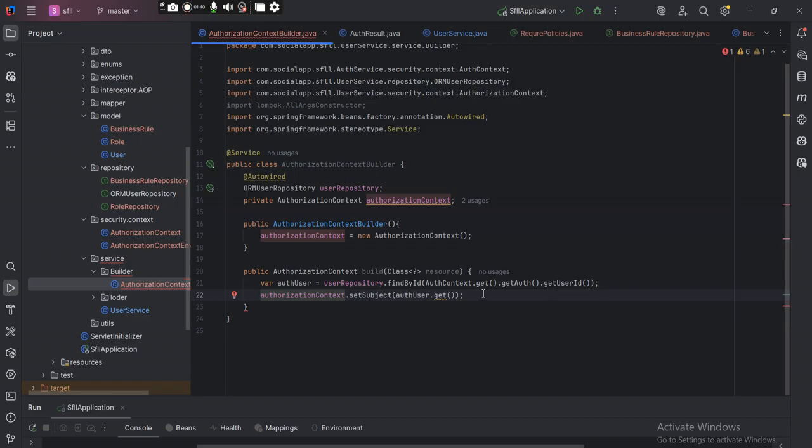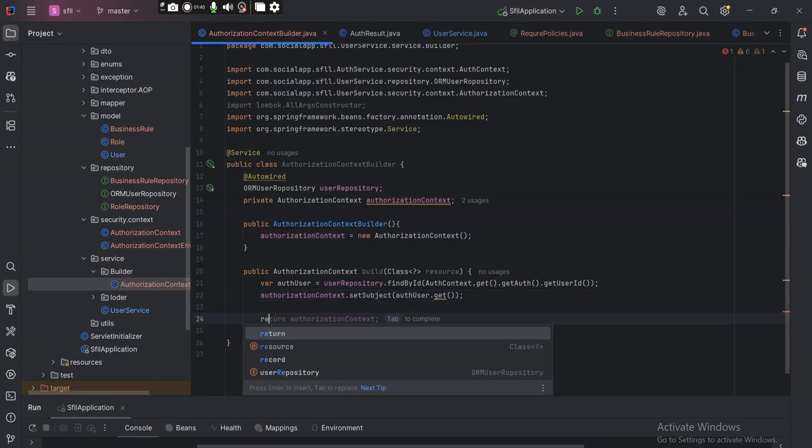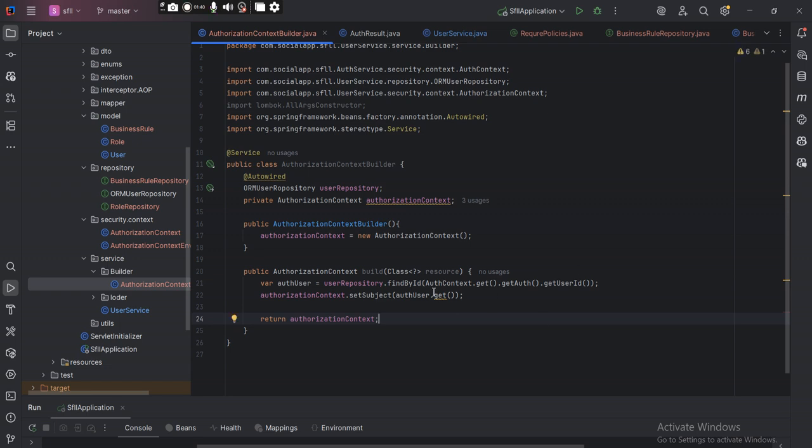Oh, so yes, okay, I know what to do. We're going to return the authorization context there. But just before,